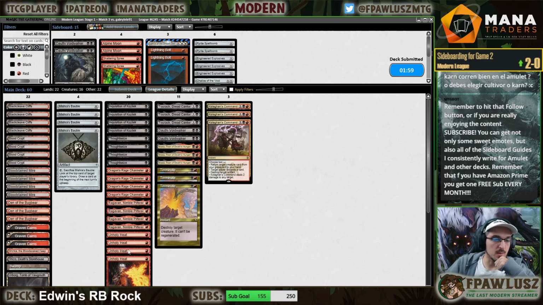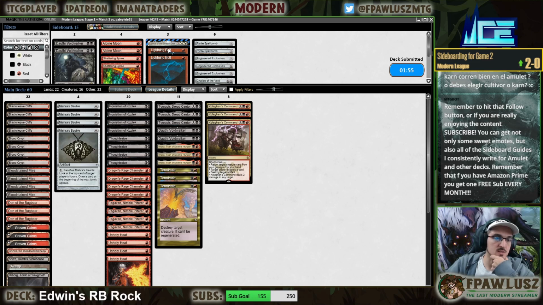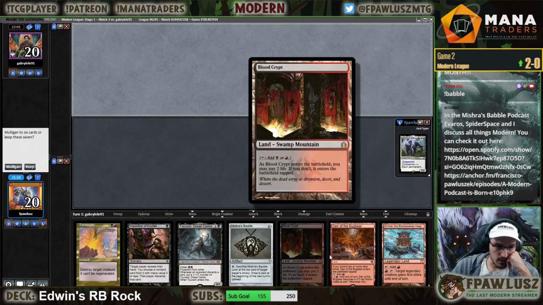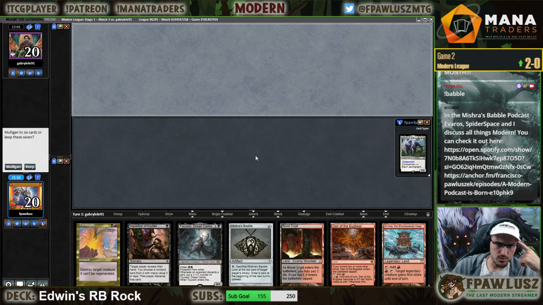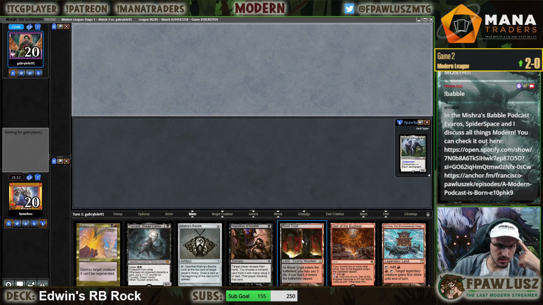I think Heat being able to deal more damage and kill a Jace after it upticks is more relevant than Bolt being able to go face. Could be wrong about that, but I'm fairly sure that's the case. Alright, we got a Tourach, but we have one of those weirdo hands where we don't have that much black mana. I'm still gonna keep, but